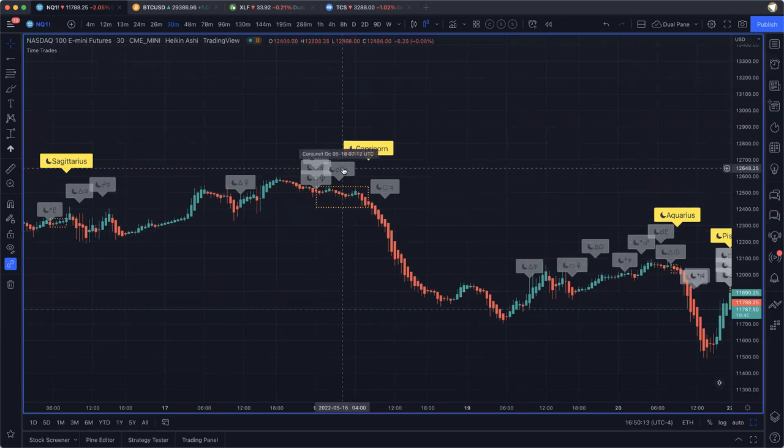So we ignore the galactic center when calculating the moon void of course. It's just the time between the last major aspect and the moon entering the next sign. So it's kind of just running it down, completing its time period in that sign, in this case, Sagittarius. The timeframes can vary here for a moon void of course, and they can be up to 1 day